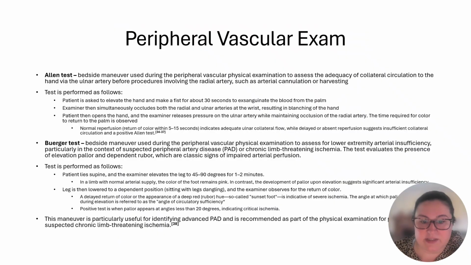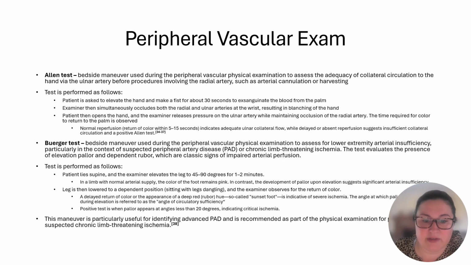The Allen test, as I mentioned earlier, is a bedside maneuver used during the peripheral vascular exam to assess the adequacy of collateral circulation to the hand via the ulnar artery before procedures involving the radial arteries, such as arterial cannulation or harvesting. So if you've ever seen somebody put in an A-line, they may be doing this test at the bedside. The test would be to have